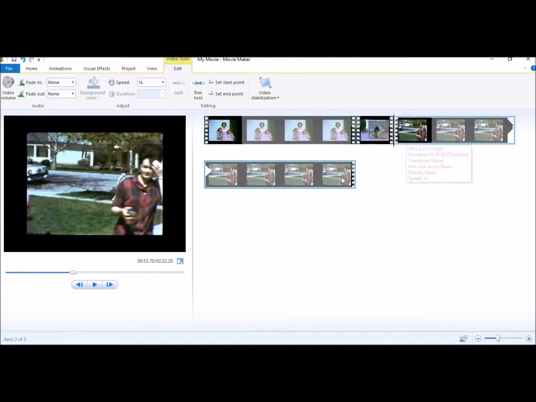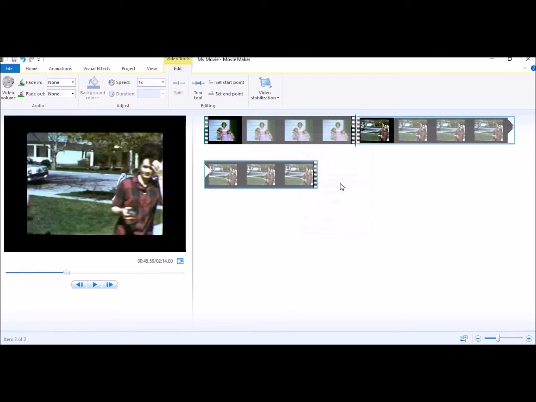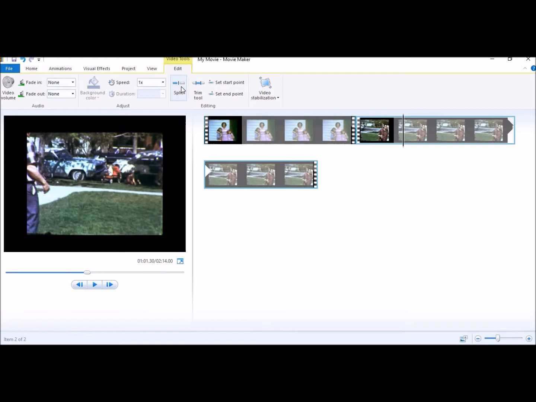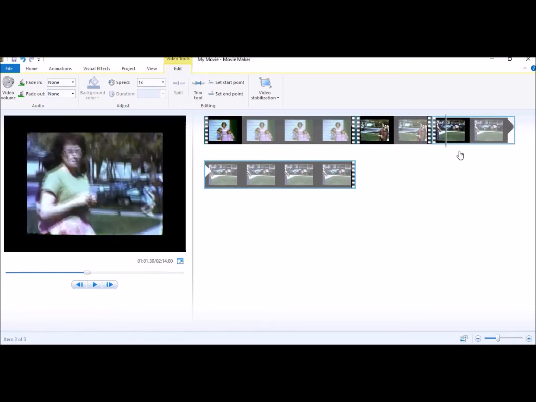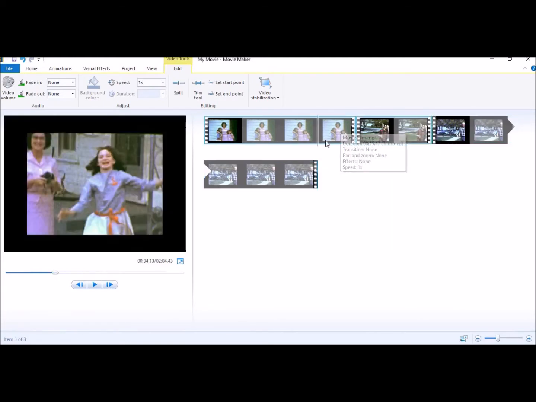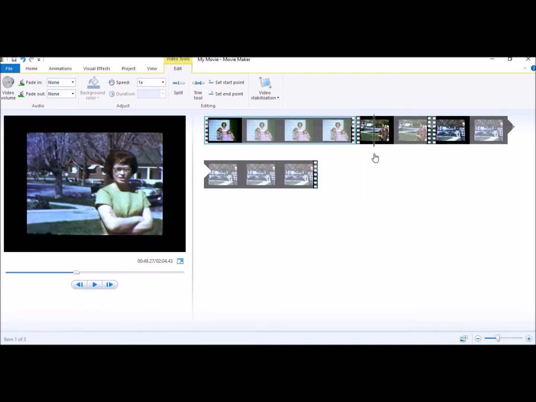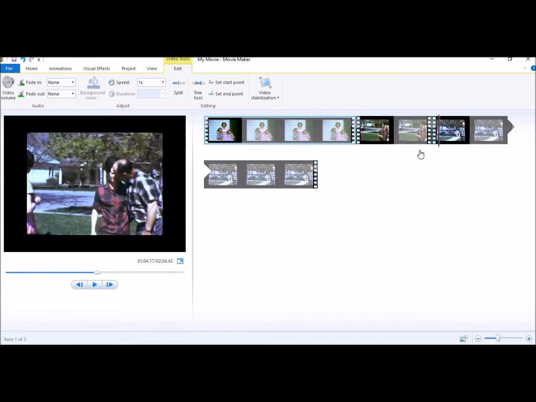Now it just wraps onto this next line. To get rid of this section, I just click on it so it's highlighted, and then you right click and go to remove, and that will remove that section of video. You can do this as many times as you want to delete different sections of video. So I'm just going to take out different chunks here and there and hit remove. And so I've got these different sections of video, but it will just play right through, and that allows you to get rid of anything that you don't want to have in your video